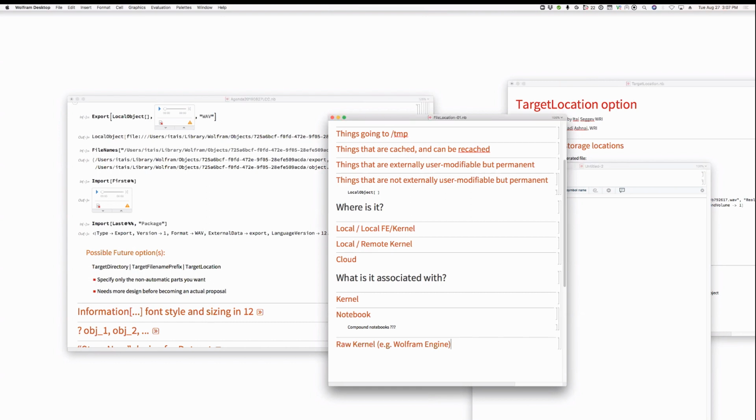Okay, look. Things like the raw kernel case strongly suggest that they are external files not bundled up with the notebook. And perhaps what we should try to do, now I admit, if you pick up the notebook in your Finder and move it somewhere, it's never going to work unless, well, it could work on your local file system because it refers to a local object with a UUID, right? But if you send it to somebody, if you drag it into, okay, let's be realistic. You're not going to be able to drag it into your email, for example, if it's really big, right? So